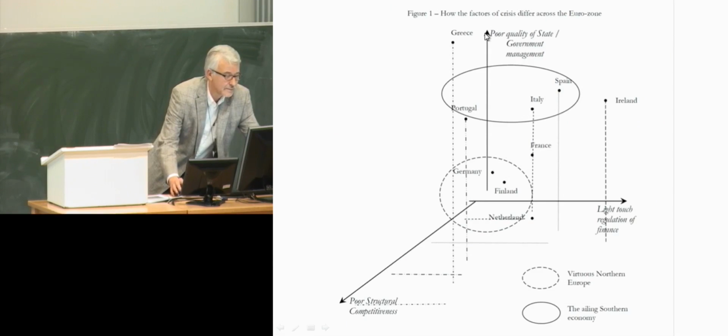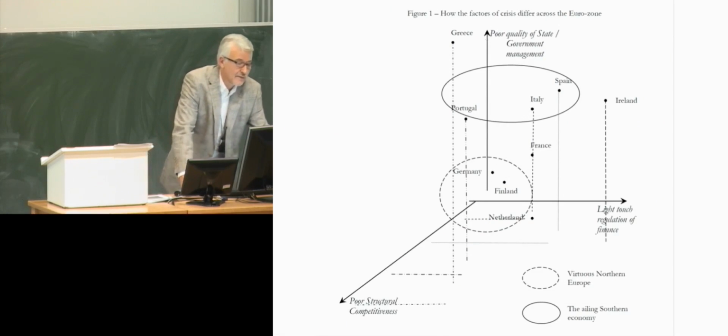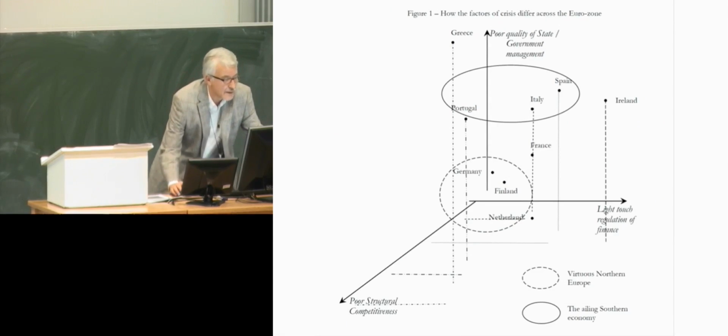Then the other differences we have is the quality of state and government management, sound financial management. It's poor in Greece, poorest in Greece, poor in Portugal, Italy, Spain, even France. So here we have the poor quality of state government management, poor structural competitiveness, and another point is light touch